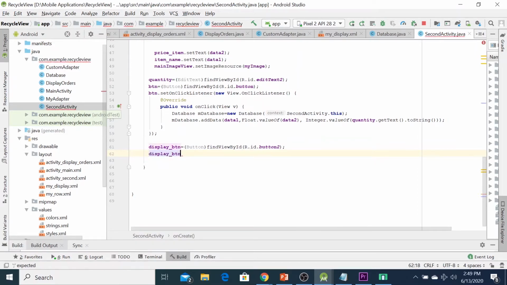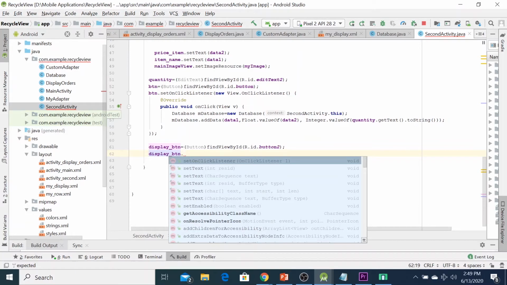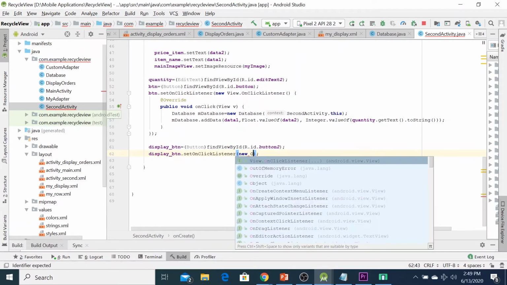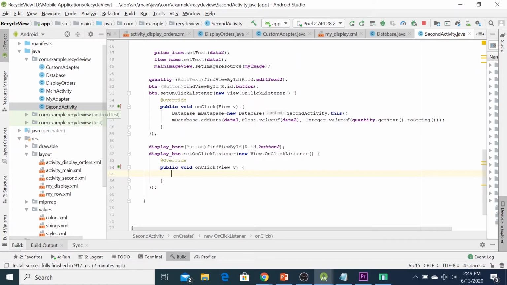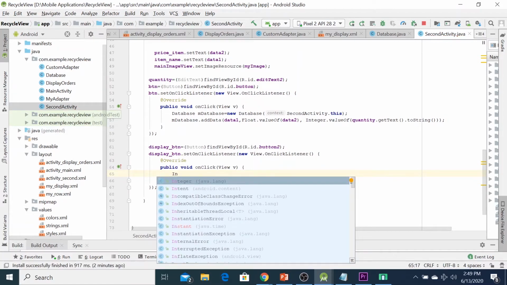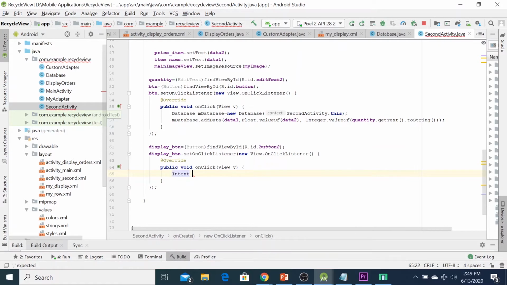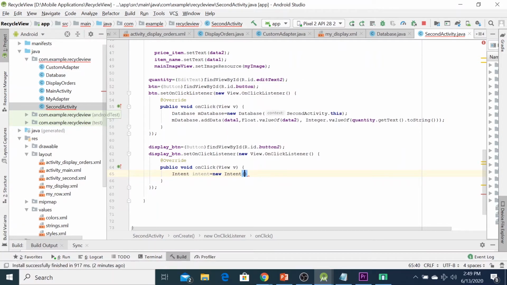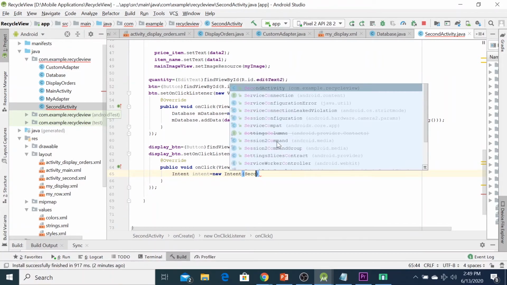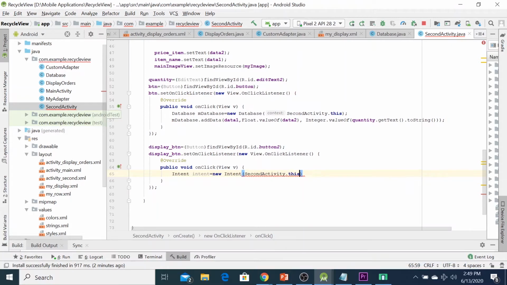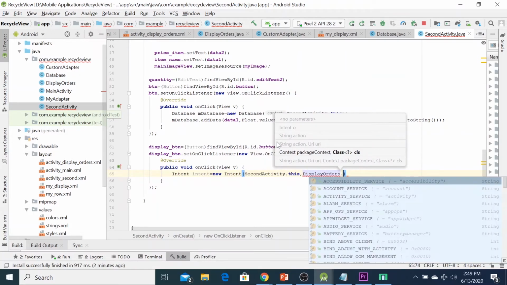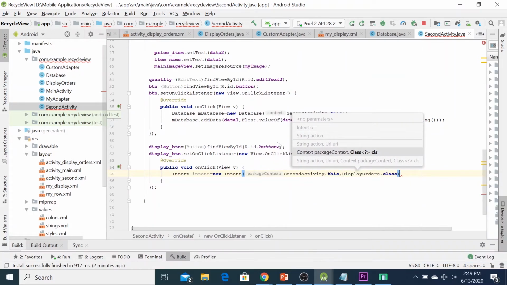So we can type displayButton.setOnClickListener(new OnClickListener. Here we put the intent. Intent equal to new Intent from SecondActivity.this to DisplayOrder.class.